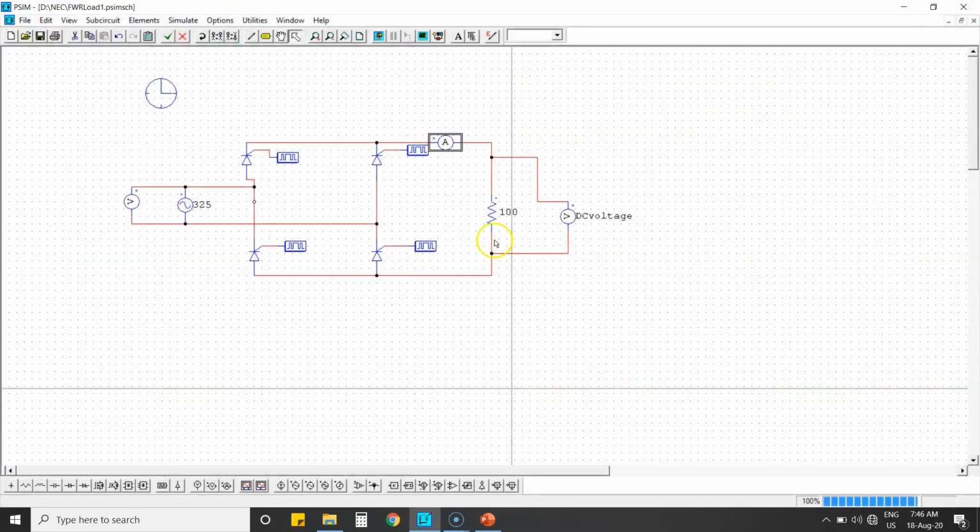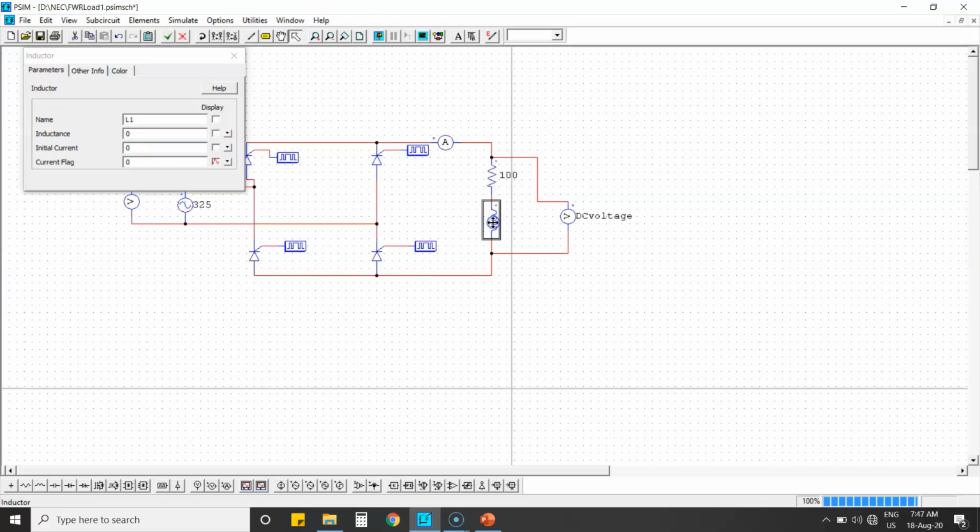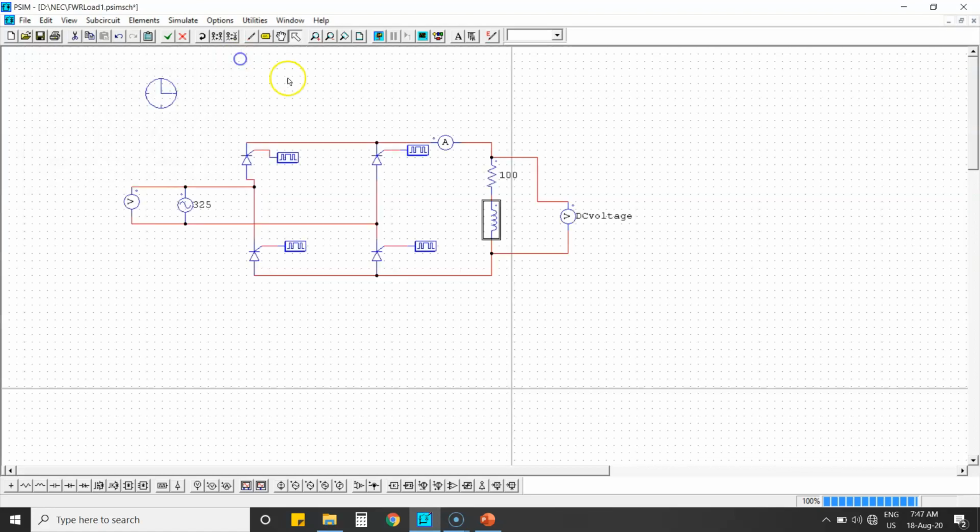Now let us go for RL load. Let us try for RL load. So choose inductor. Now just connect the wires. Take the value as usual, 100 millihenry, that is 0.1. So now